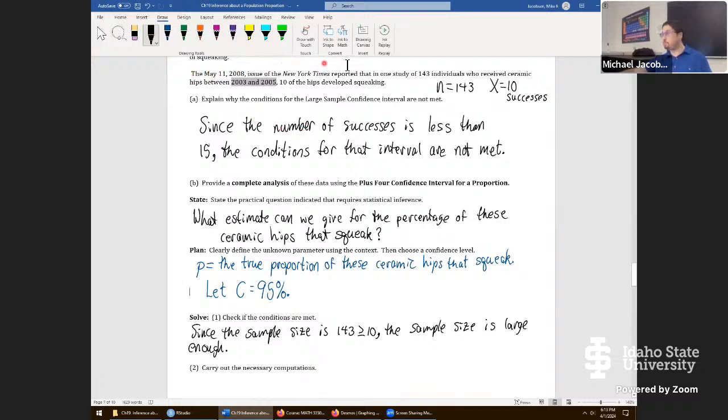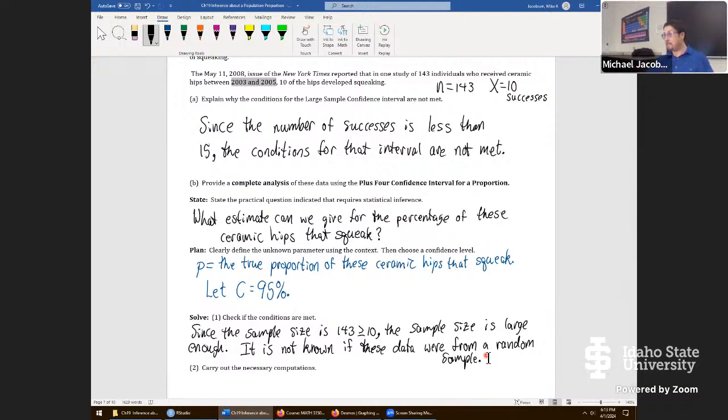It says here, the New York Times reported that in a study of 143 individuals who received ceramic hips, 10 of them squeaked, but there's no information at all about randomization. So we'll just say down here, it's not known if these data were from a random sample. Doesn't mean we will stop the procedure because we don't know about randomness, but it's something we have to mention when we get to our conclusion, that our conclusion may be challenged if it turns out the data